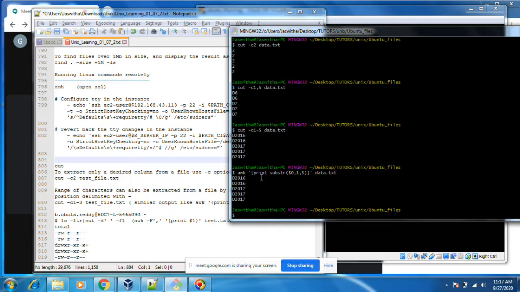You see, using AWK we can cut like this, whereas the cut command also does the same.